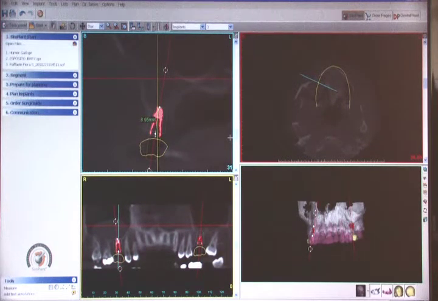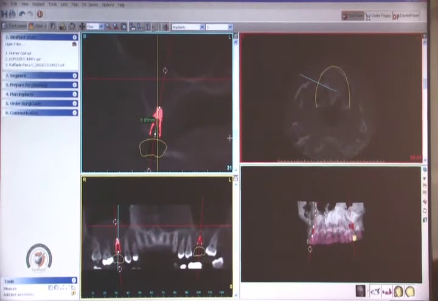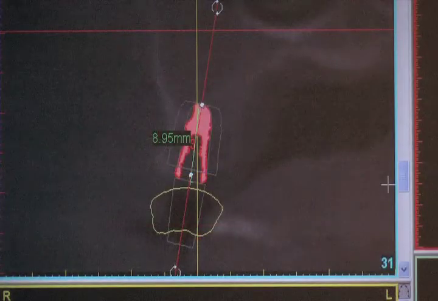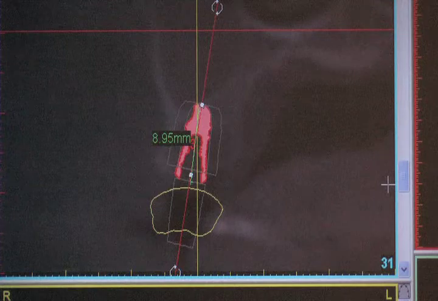And our concern is, can we actually place implants? Do we have the quality and quantity of bone that we need to predictably place an implant, a long enough implant? And with CTs, we're now able to measure the amount of bone that we have in 3 dimensions. And what's most important is taking it one step further in a case like this, is taking a software program like Implant and being able to virtually place the implant prior to ever touching the patient is a tremendous advantage